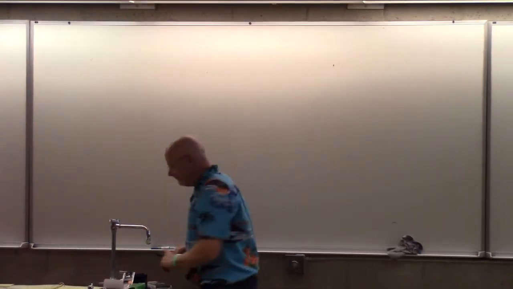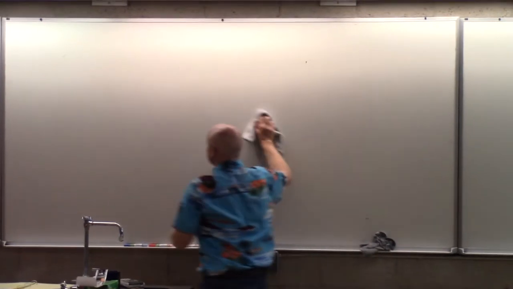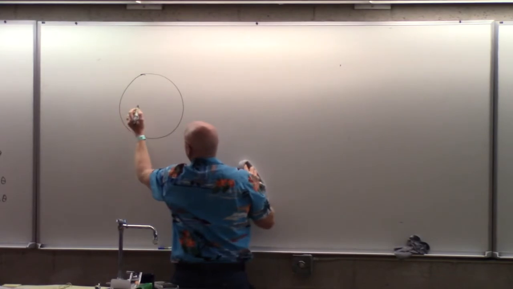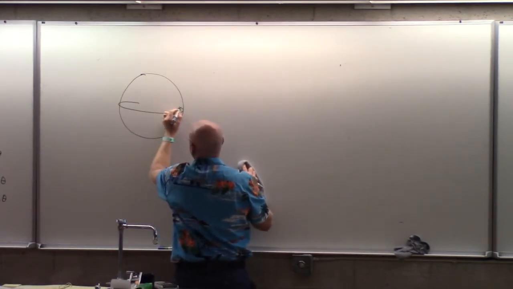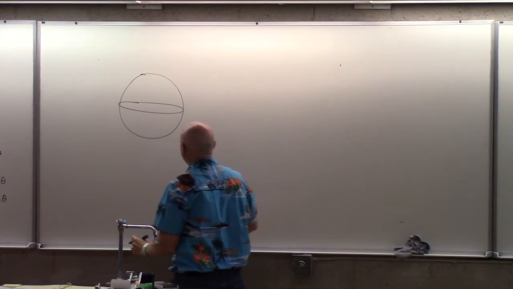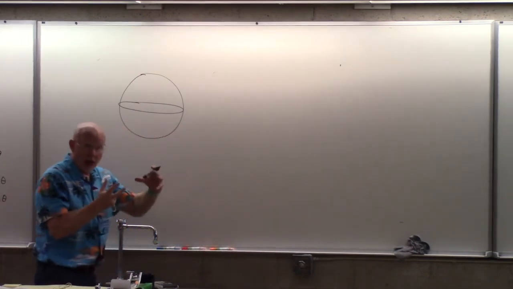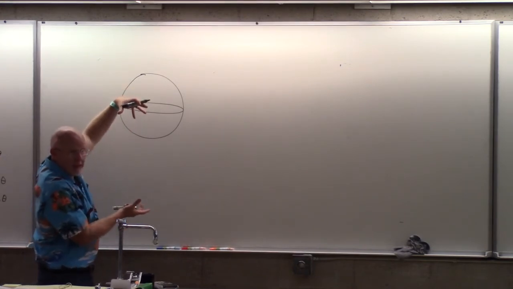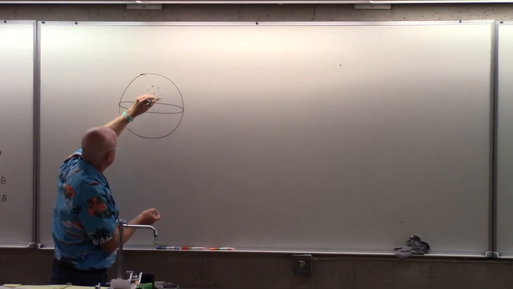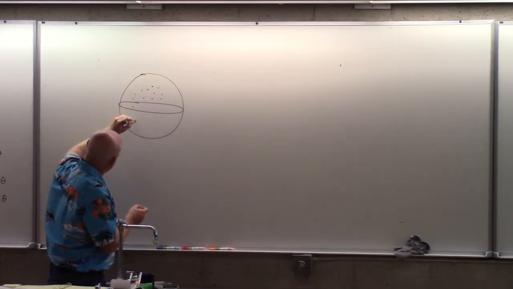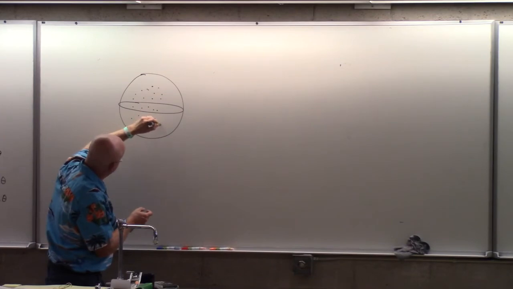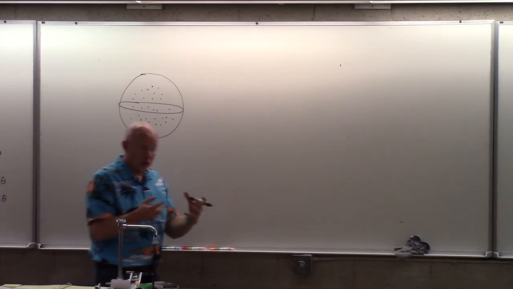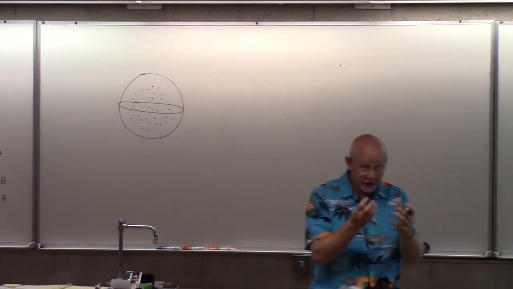Let's see, what does a sphere look like on a board here? Maybe I'll start with a circle and then maybe draw an equator. And I would say then right here at the equator, the surface tension's pulling in, but the air inside of here is pushing back. And so eventually those will balance and we'll have a bubble, and that will determine the size and the pressure